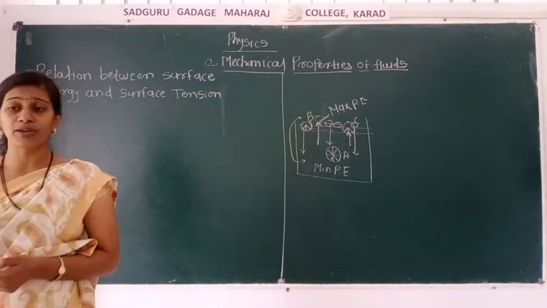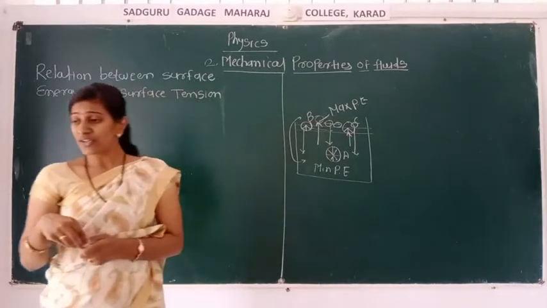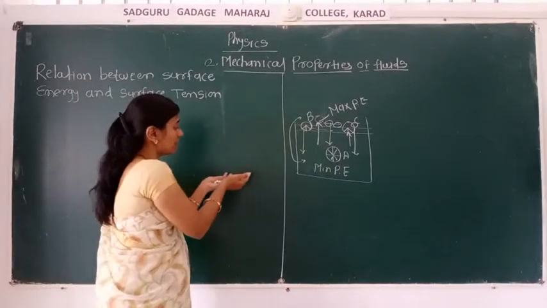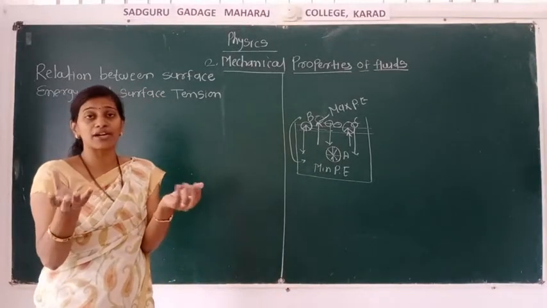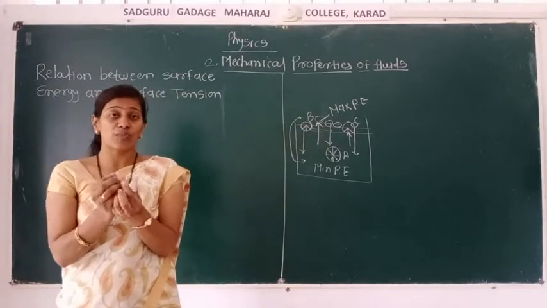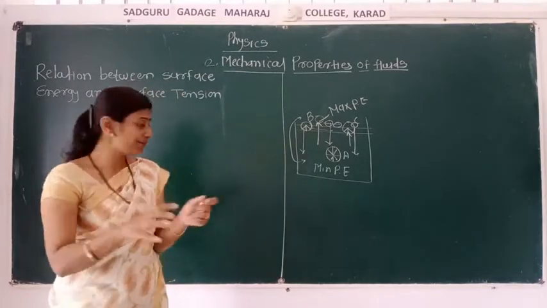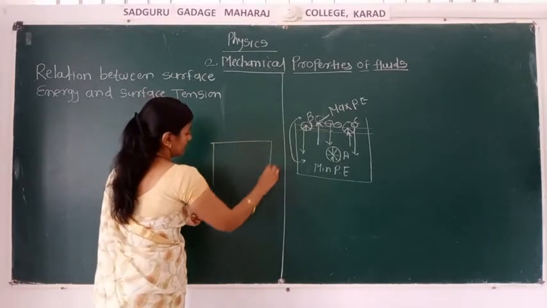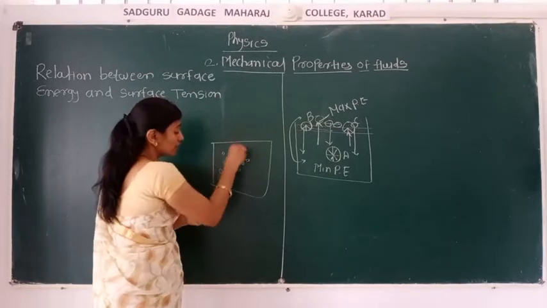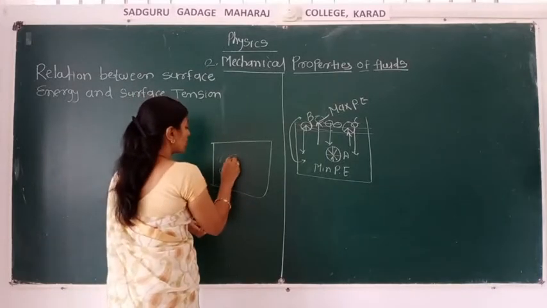If we take the example of a water droplet, there are some molecules of liquid. Otherwise, we can take the example of droplets that are some distance apart from each other. When they come together and coalesce, they form a big drop. At some distance, suppose one surface is there and the droplets are present on it. In between them some distance is there. When they coalesce, they come together and we get one big droplet.